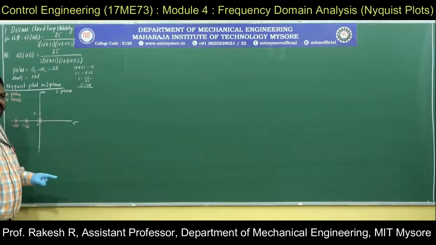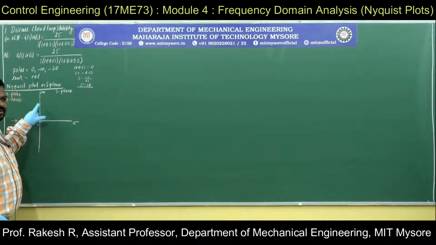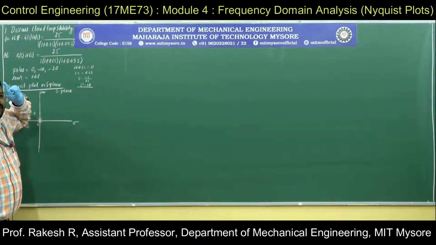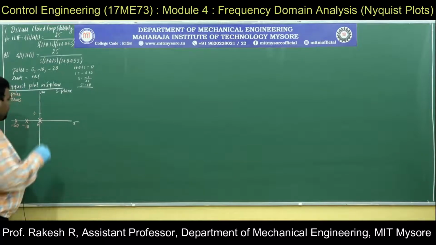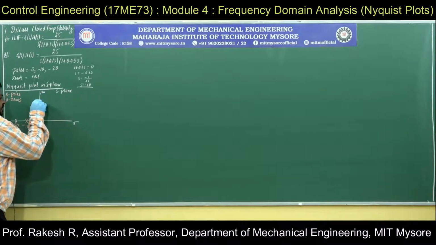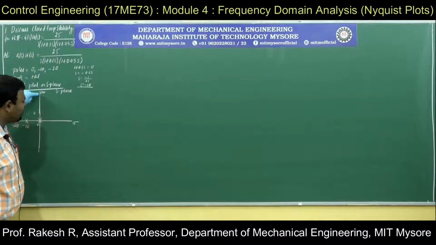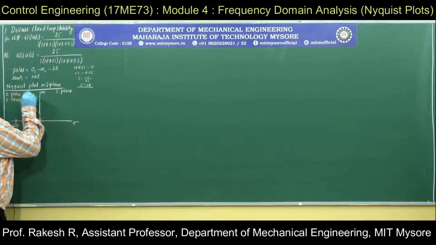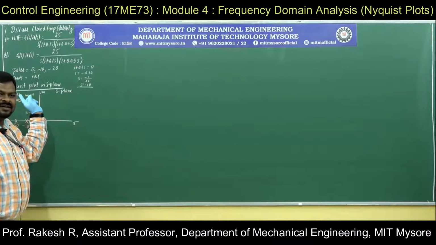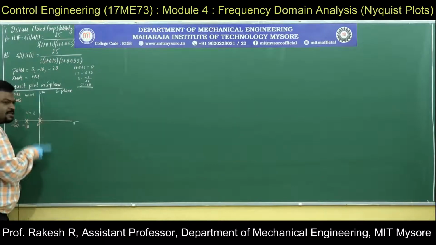First I will search whether there are any poles or zeros on the imaginary axis or not. From 0 I will go up to infinity. Infinity I cannot show here, so there will be some limitation; this is infinity. I will start at omega equal to 0, then go up to omega equal to infinity along the positive imaginary axis, then I will search the entire right half of the S-plane.